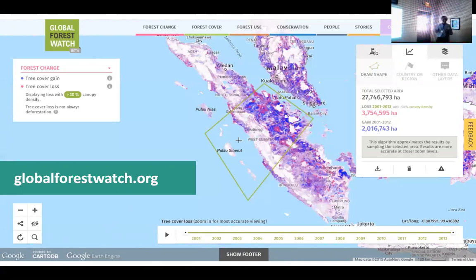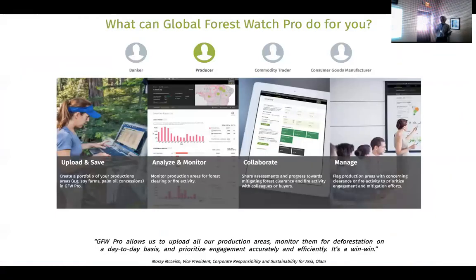And they were just constantly frustrated because they couldn't act on the information. So then WRI went into this multi-year effort to work with the companies specifically to get information into the form that they could use it. And so they created this thing called Global Forest Watch Pro, which is for bankers, producers, commodity traders, and consumer goods manufacturers. It takes the information, mixes in the company's information, and generates reports in exactly the form that they can then act on. So now companies are getting on this thing and starting to use it, and it's a way of driving